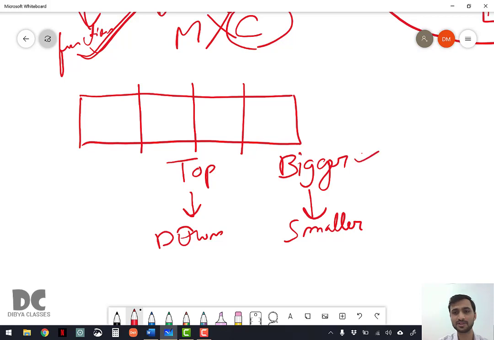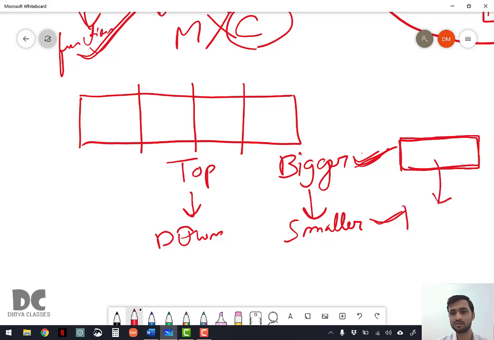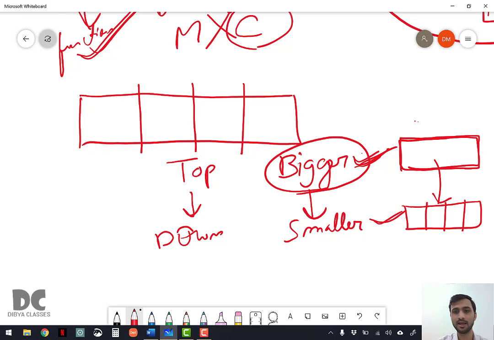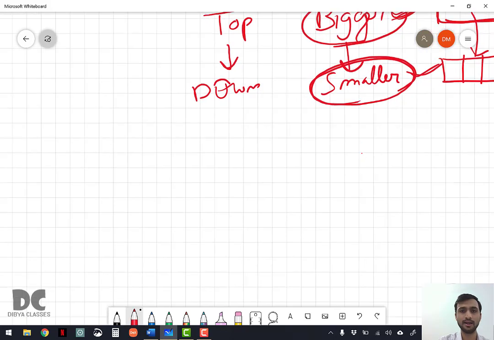From bigger to smaller parts. Bigger part means we are talking about the whole thing. Then again, this whole machine was divided into 4 parts, smaller parts, right? So from top means from bigger approach to smaller things.